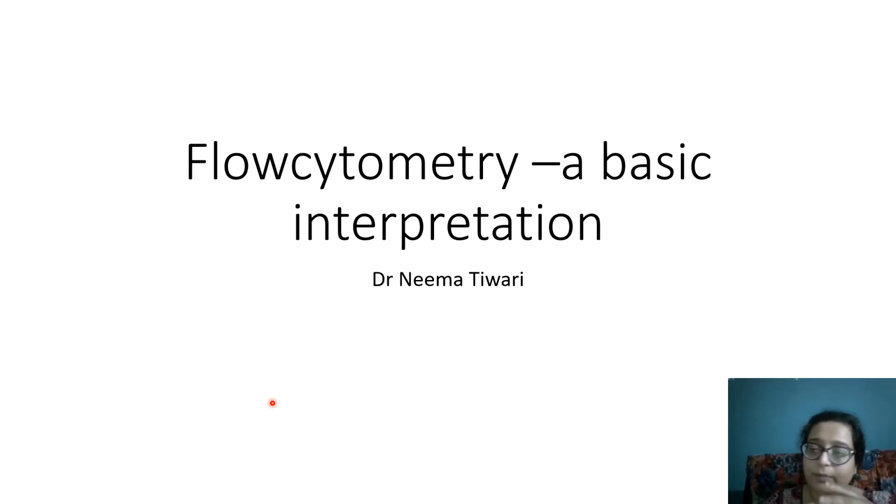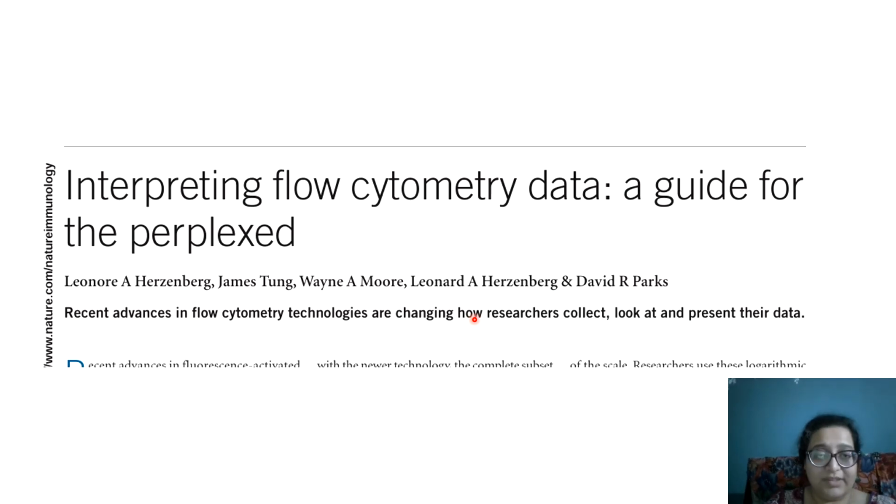Flow cytometry and the equipment are used in a lot of things now. It is just like a CBC machine now, a Coulter counter. You can use it in DNA studies, for TBNK, for stem cell analysis, for routine leukemia diagnosis, solid tumor diagnosis, MRDs. The list is endless. And then there are non-medical uses also. I am not going into the theoretical detail of it. So go ahead and read this guide, Interpreting Flow Cytometry Data: A Guide for the Perplexed. It is very, very good for starters like us.